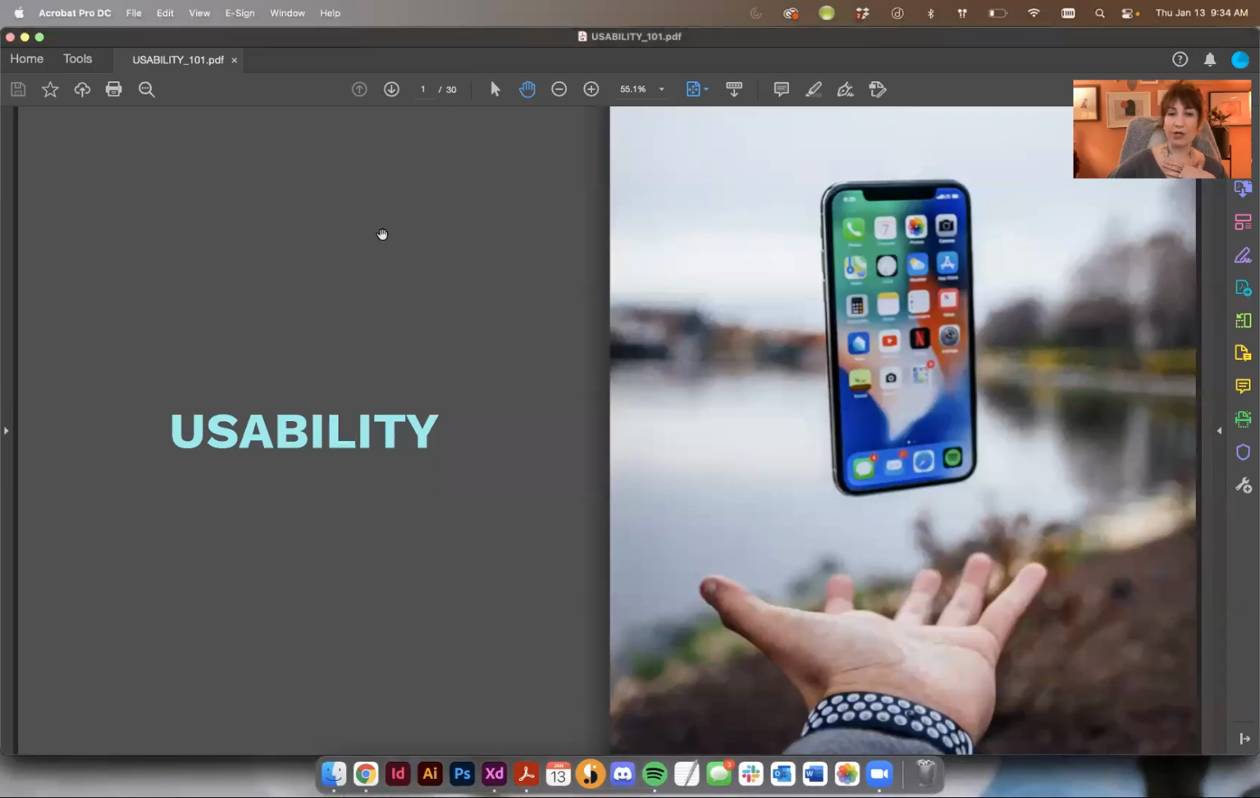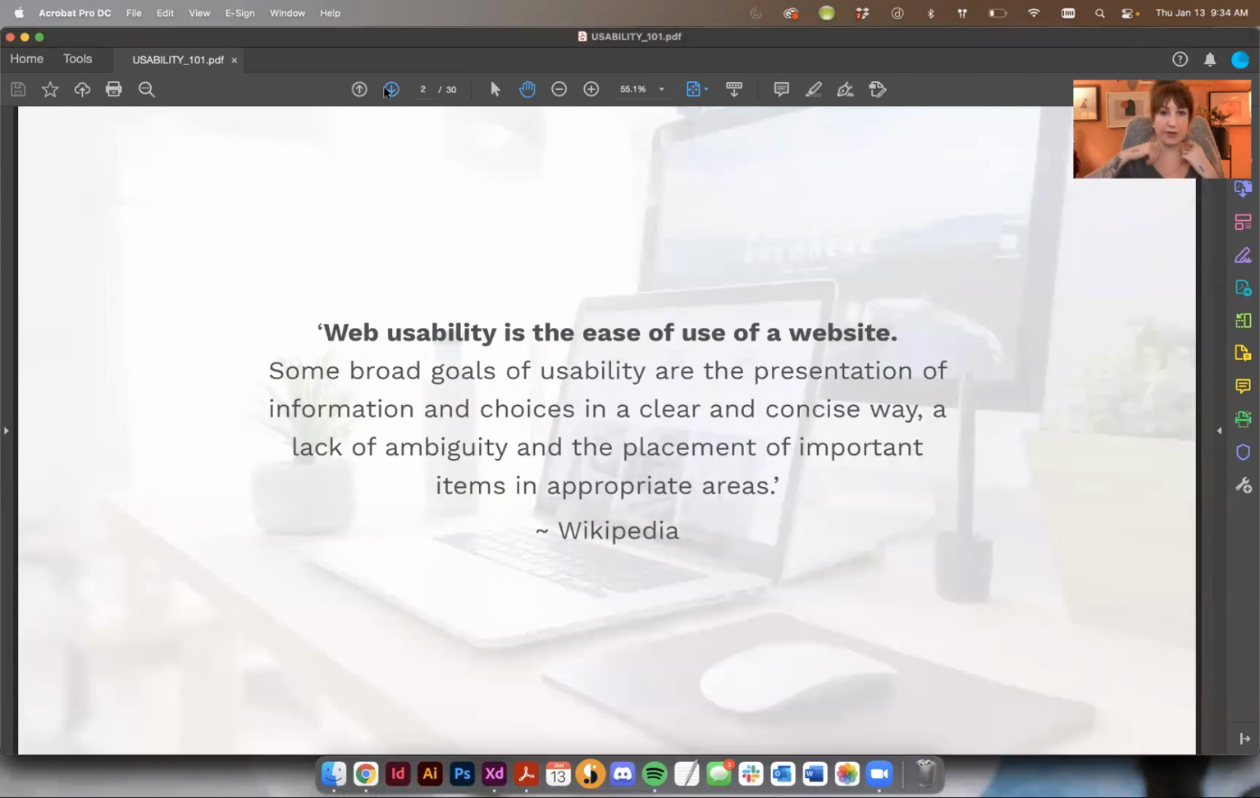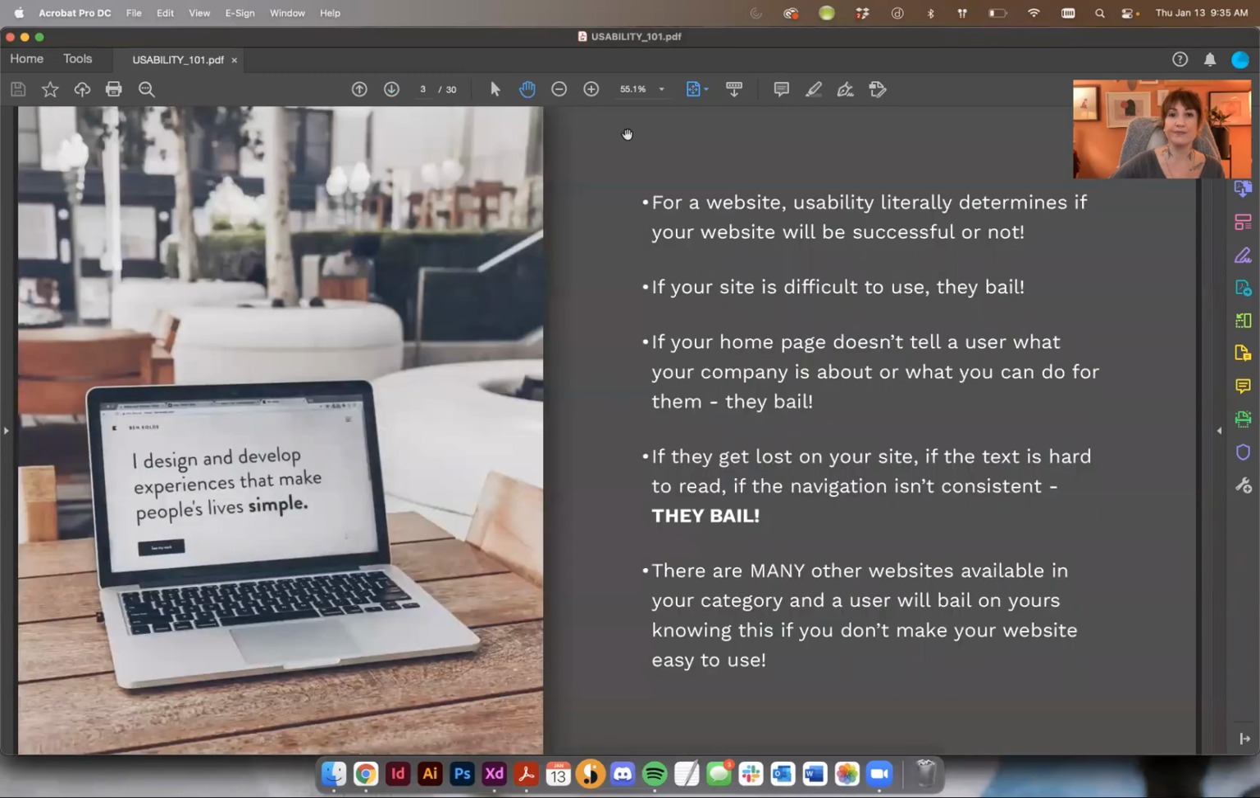So here we are talking about usability. So web usability is the ease of use of a website. Some broad goals of usability are the presentation of information and choices in a clear and concise way, a lack of ambiguity, and the placement of important items in appropriate areas. So for a website,